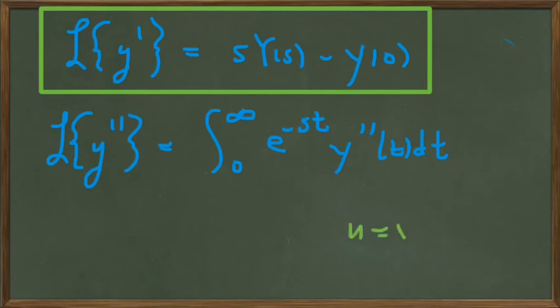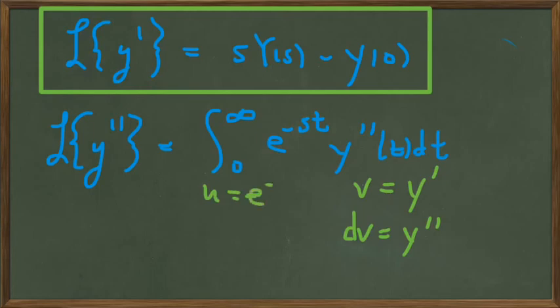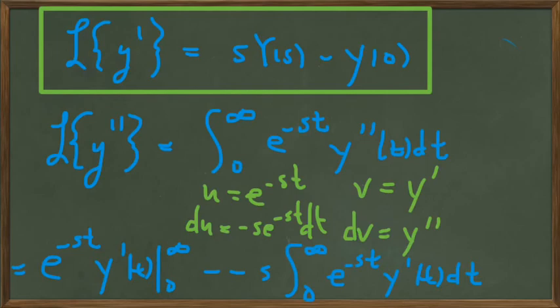So let's box in this result and work on the y double prime using parts again. So dv would be y double prime, and v would be y prime, u would be e to the minus st, and du would be minus s e to the minus st dt. So we put that together in the parts formula, we get this,